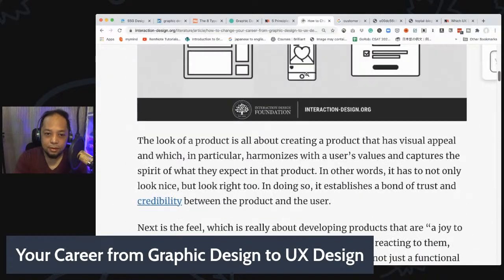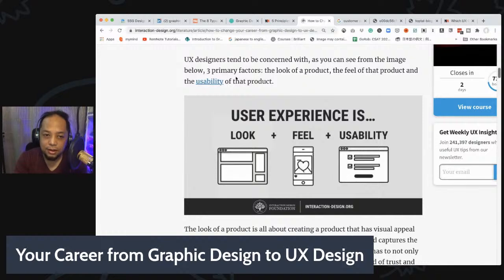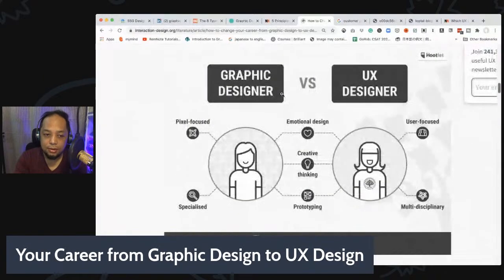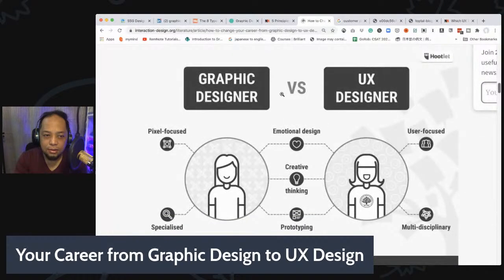So user experience is concerned about look, feel, and usability. Something that might not fall directly under a graphic designer's purview is usability. But let's see what they have in common. This is how Interaction Design Foundation looks at it. You deal with pixels, and you're very specialized if you're into graphic design. But when you go into user experience design,